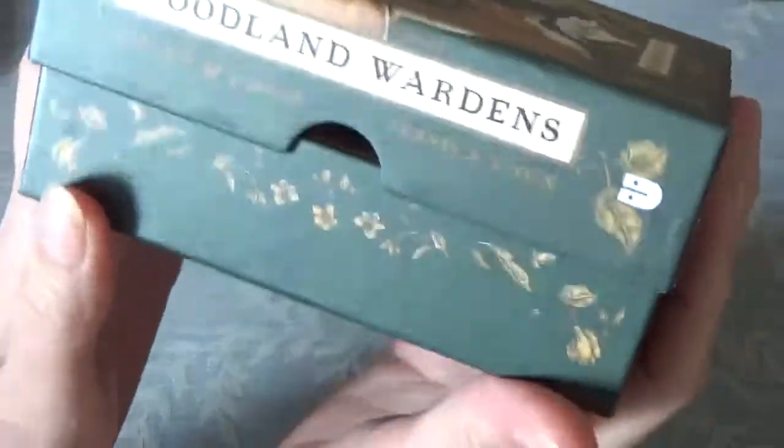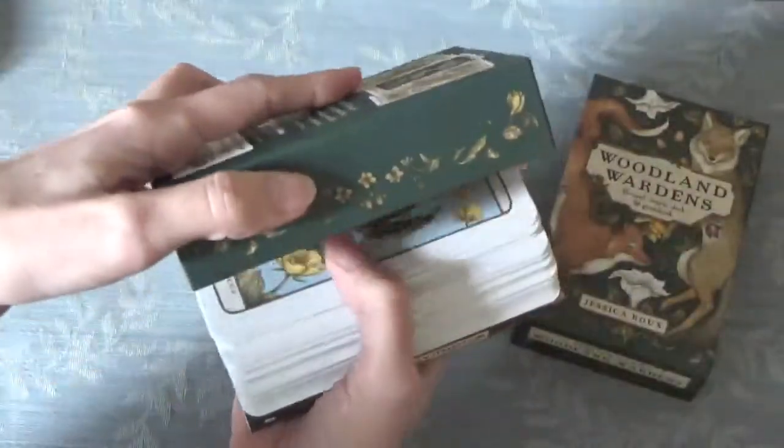The box is divine, as you can see when you open it. Look at the detail. You can see the little plants. It's very, very nice. This is the inside of the box. So let me grab everything to show you